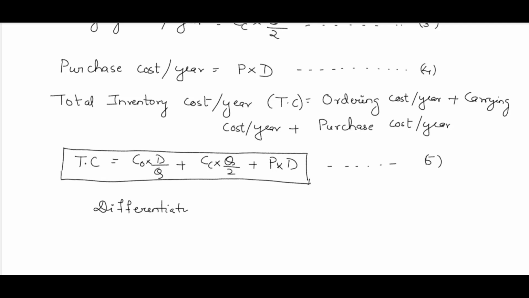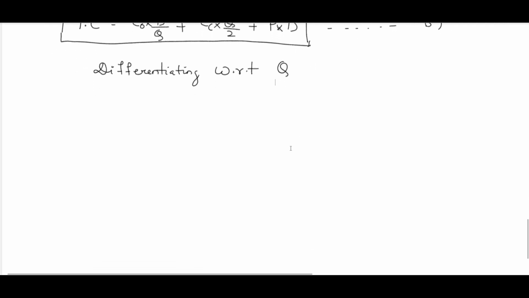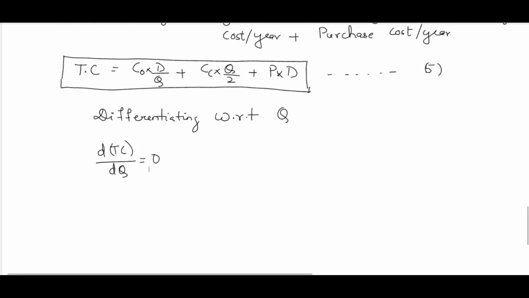Differentiating with respect to Q. Now, dTC by dQ is equal to 0. So it will be minus D by Q square, isn't it, into CO being a constant, plus CC by 2. So here it will be nothing else, 0 is equal to 0. Finally, you will get